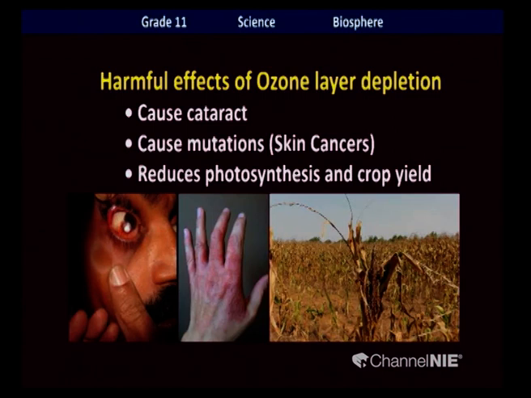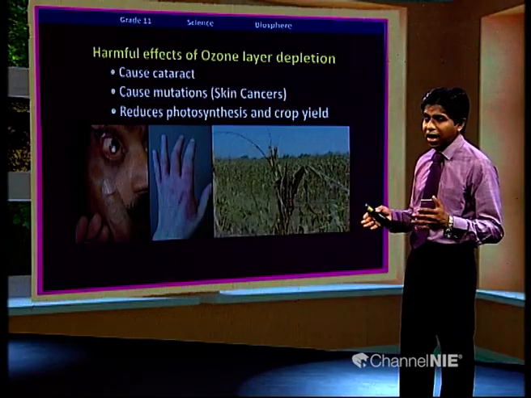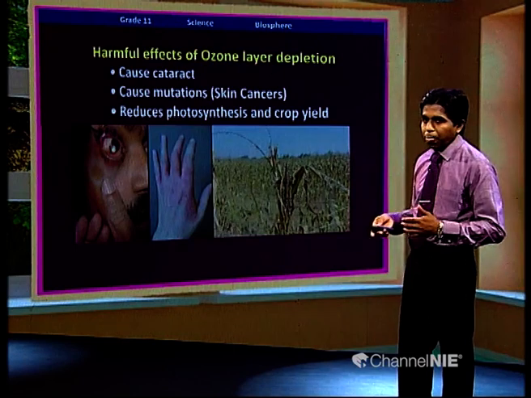So you can see cataract, one harmful effect of ozone layer depletion. Number 2, skin cancers. People with less melanin have a higher risk of getting these cancers. Then it will affect food production by photosynthesis. It begins with air pollution, but in the end it can cause a food crisis in the world. Food production by plants will drop due to damage to the leaves by harmful UV rays. In addition, harmful UV rays can reduce your immunity, causing loss of immunity of the people. So these are the main harmful effects of ozone layer depletion: cataract, mutations or skin cancers, reduction of photosynthesis, and loss of immunity of the people.